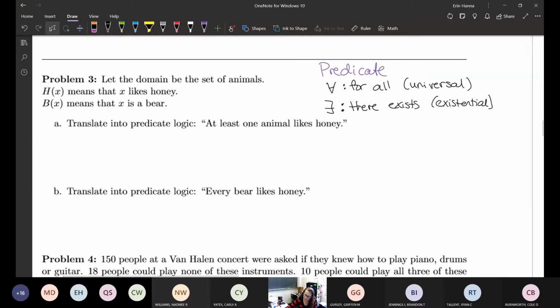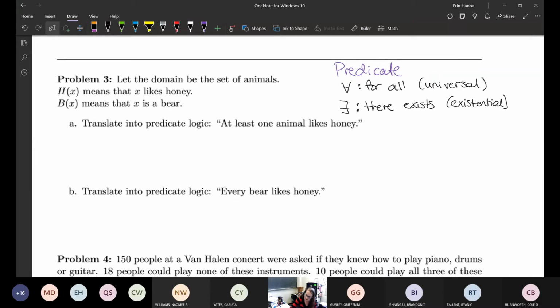Also remember that when it comes to translating things, maybe I shouldn't use an arrow. How do I want to write that then? The for all matches with an implies symbol, usually. Usually if you have to write a statement that involves a for all statement, you're going to have an implies, if it has more than one piece to it. And then the there exists usually matches